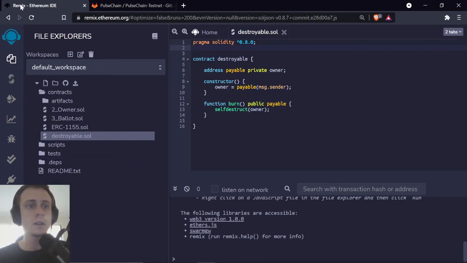So what I'm going to do is hop over to Remix, the Ethereum IDE. If you're watching this, you should be familiar with Remix. So how do we deploy from Remix into the PulseChain Testnet? Just PulseChain Testnet. What I've got here is a very, very, very simple contract. If you're not familiar with Solidity, I don't know why you're watching this video, but nonetheless,